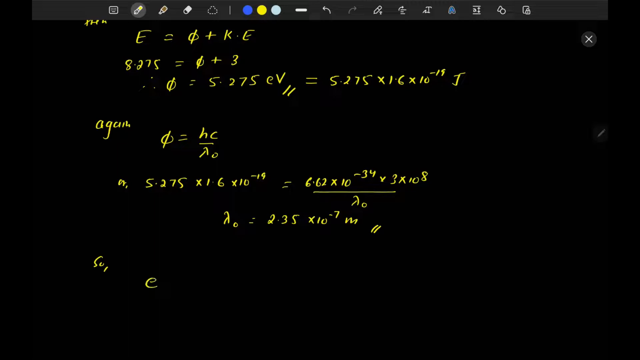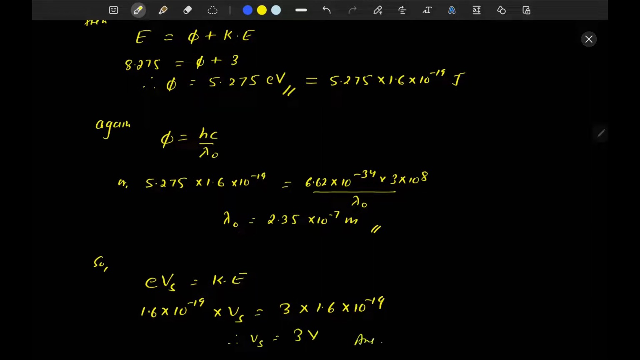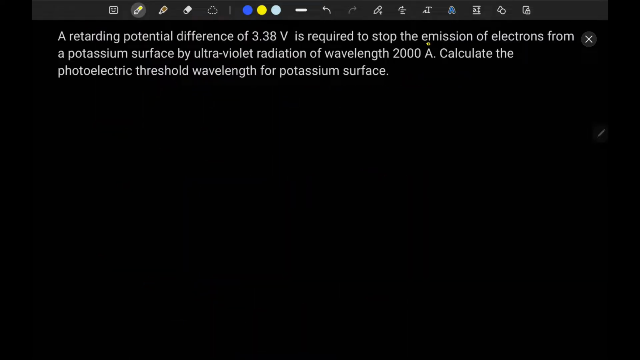So eVs is equal to kinetic energy, or 1.6 into 10 power minus 19 into Vs is equal to 3 electron volt. In joule it can be written as 3 into 1.6 into 10 power minus 19. Therefore Vs is equal to 3 volt. We got the answer. So next question, a retarding potential difference of 3.38 volt is required to stop the emission